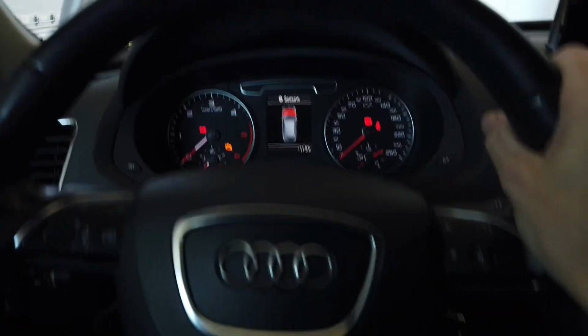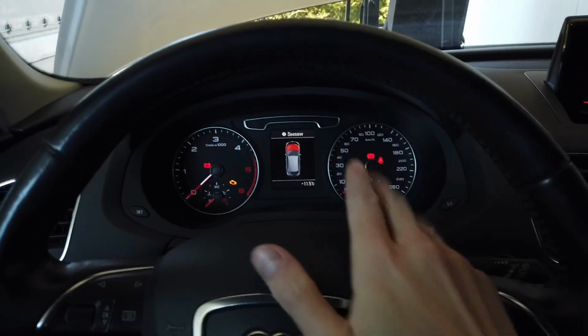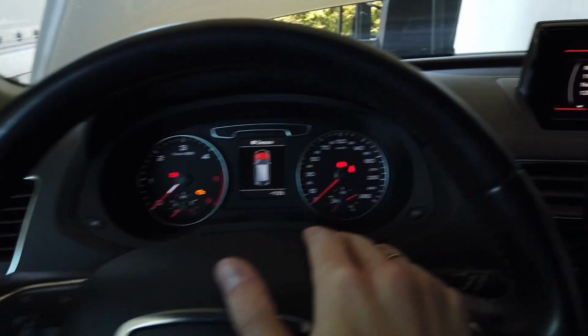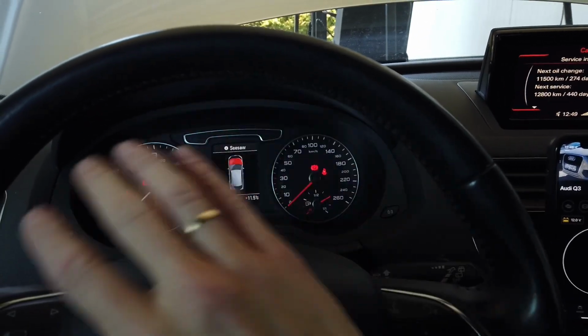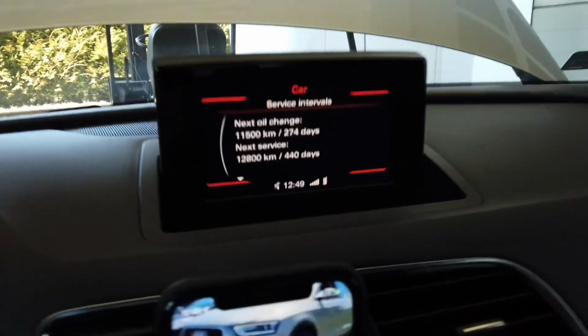Hey guys, today we are in an Audi Q3 and this car was serviced a few days ago, so we had the oil changed, we have the general inspection performed over here, and right now I'm going to reset the reminders